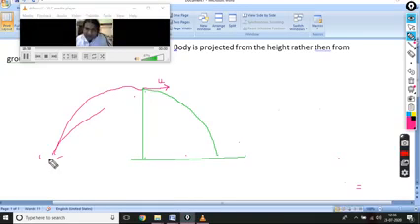We are not throwing the body now from the ground. Instead, we are throwing the body from some height, from here, somewhere from here. So if you're throwing the body from here, you see